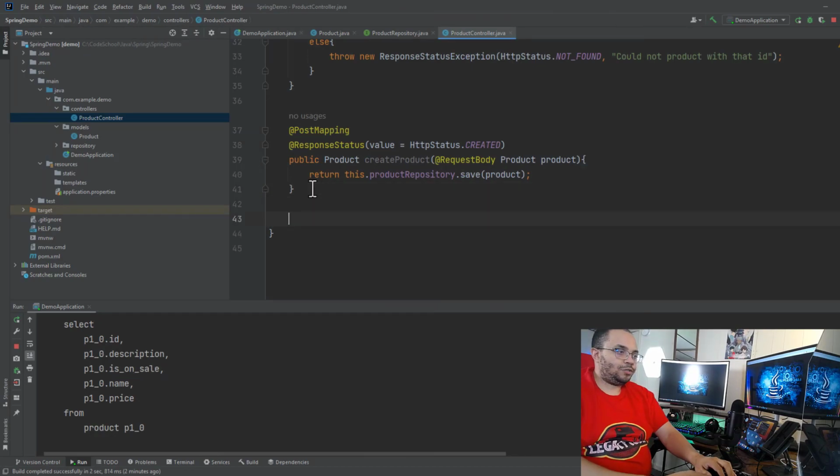All right, let's continue on. Let's do delete because that's pretty easy. So we're going to do @DeleteMapping, and it's going to be for a specific ID. I don't want to delete all my products. I just want to delete them by their IDs. So I'm going to do a string and then squiggly brackets and ID, and then we do public void delete